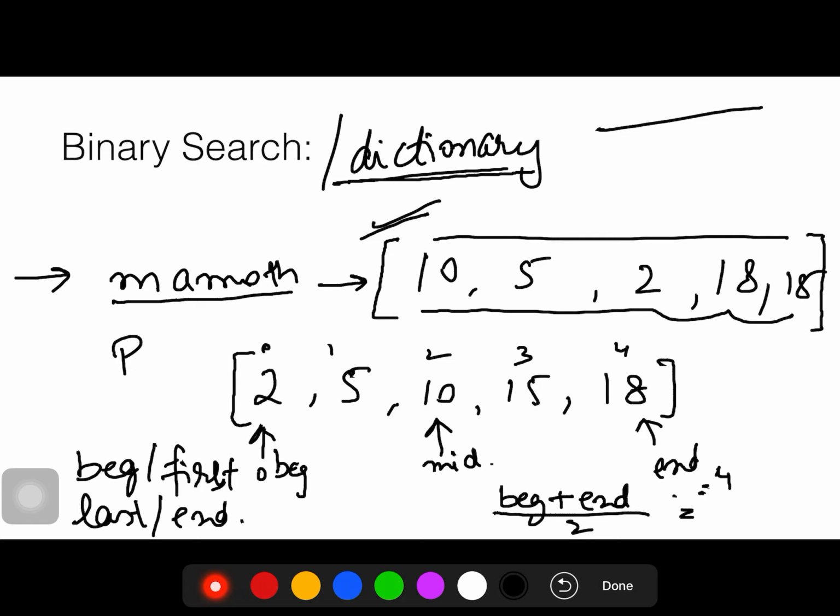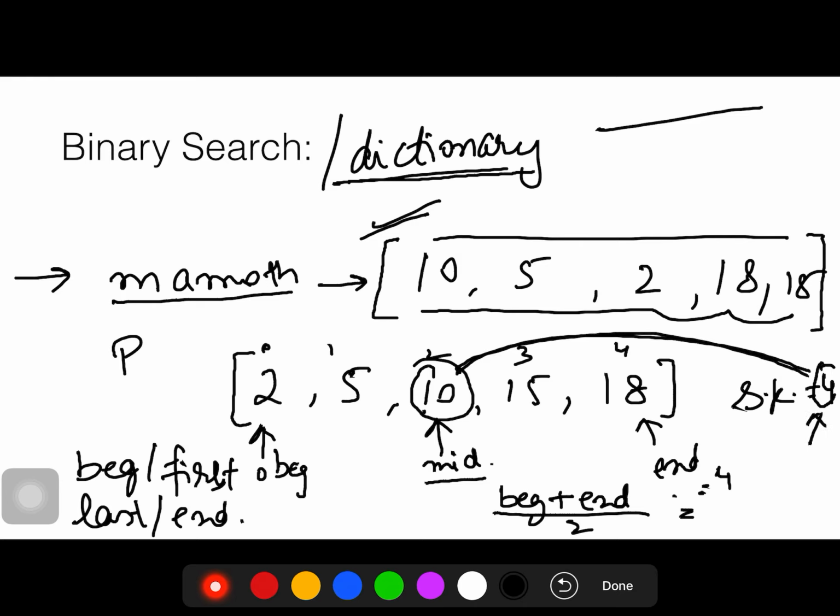Here lies our mid. What we will do in binary search is compare our search key with this mid element. Suppose we are searching for element 4, our search key is 4 here. We will compare this 4 with the mid of the list. If our variable is equal to this, then we will return the result, item found at location 2. That is not the case here.